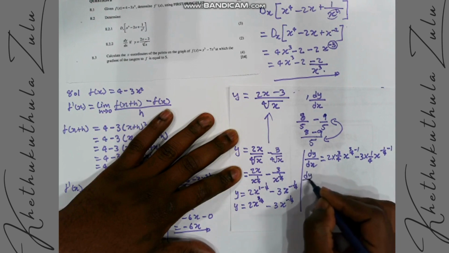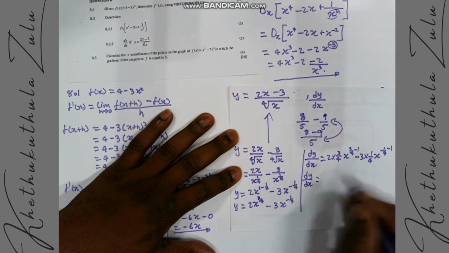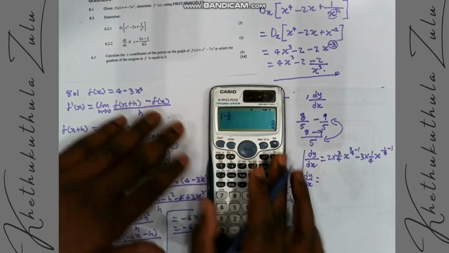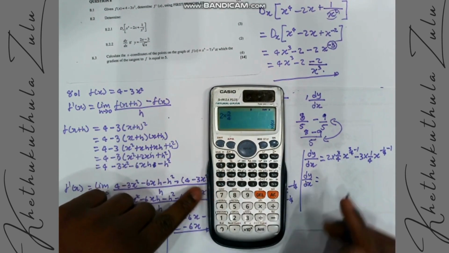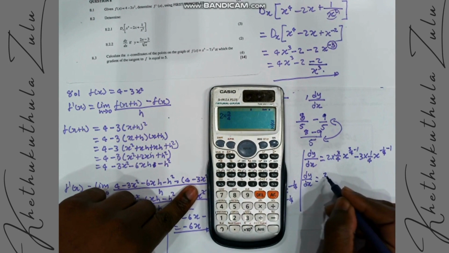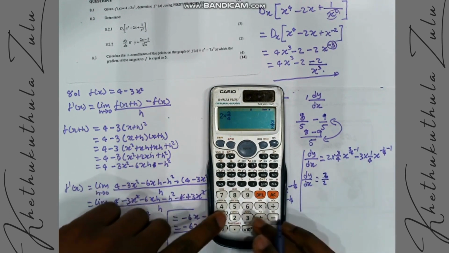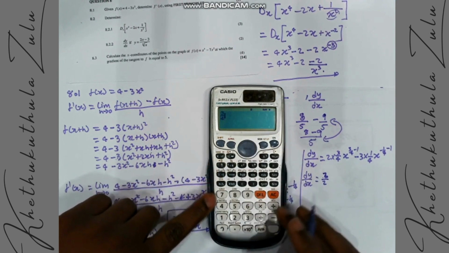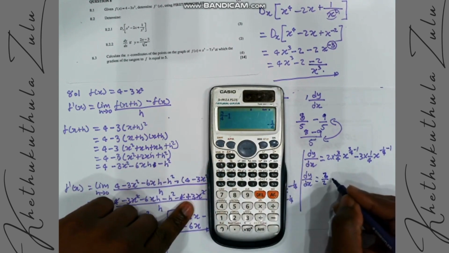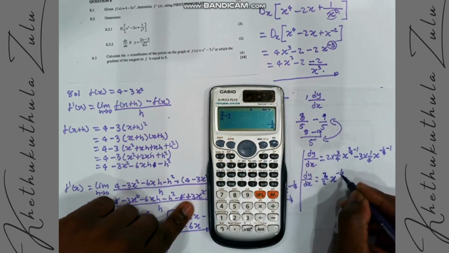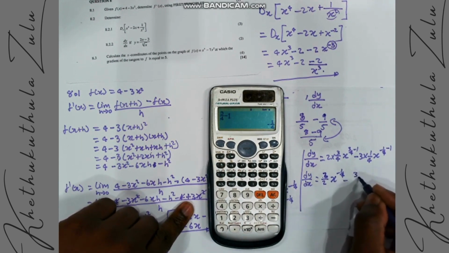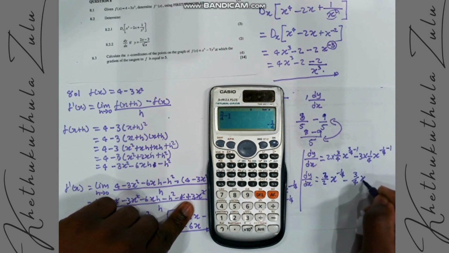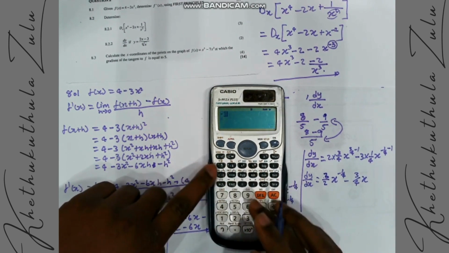And dy dx, it's just 2 times 3 over 4, it's just 3 over 2, then 3 over 4 minus 1 is just x into negative 1 over 4, then this one is just going to be negative 3 over 4 x, that is negative 1 over 4